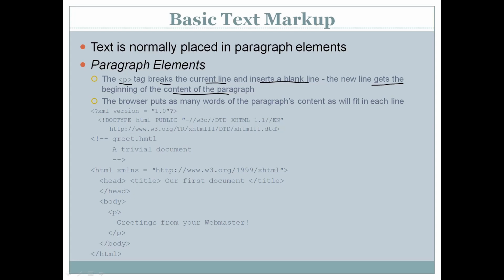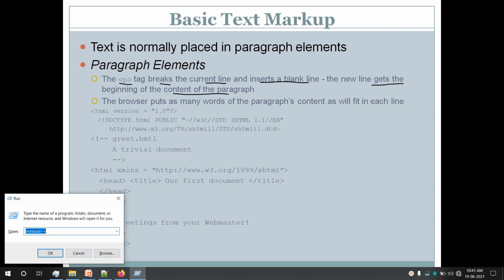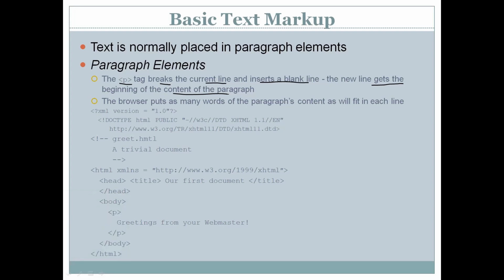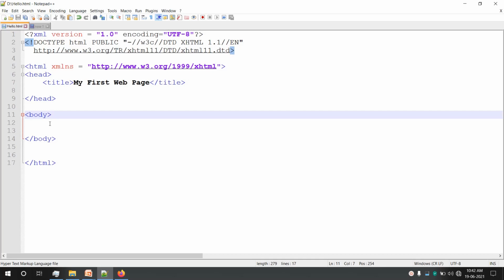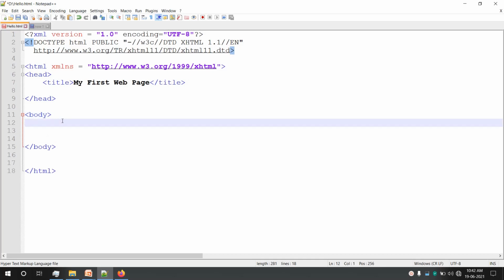I'll open Notepad for the same. Okay, so this is our Notepad++, and this was our earlier file. This is the basic structure of an XHTML document.